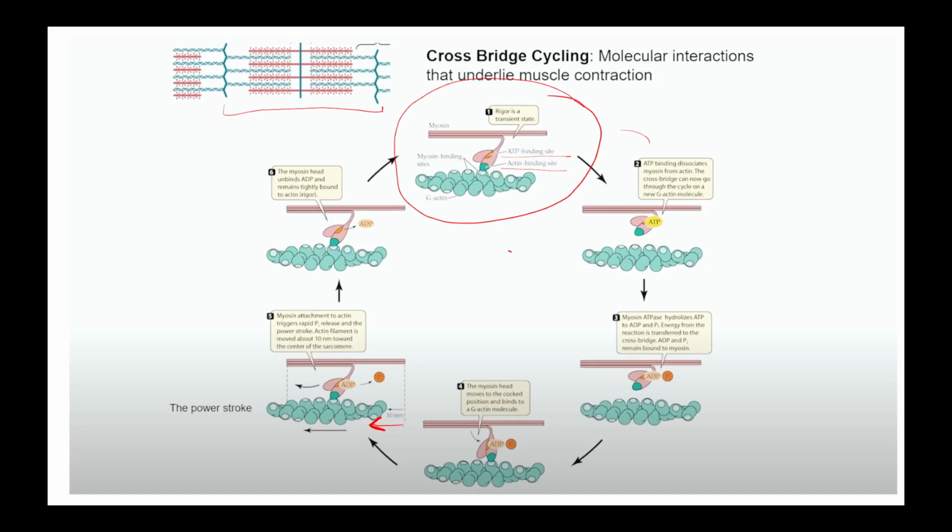movement takes place. When there is no ATP present, the actin and myosin remain bound to each other, and that is a rigor state. However, this rigor state, as I mentioned earlier, is a transient stage in a live human being. There is a condition in the dead human called rigor mortis.